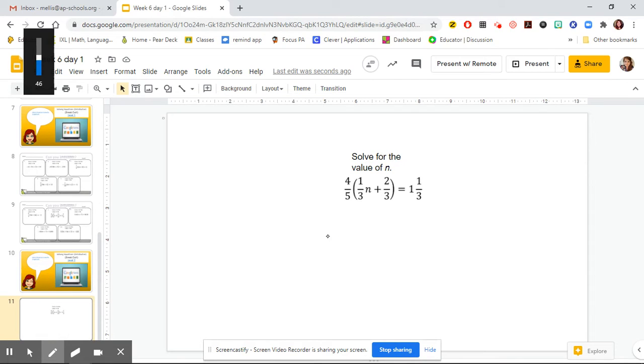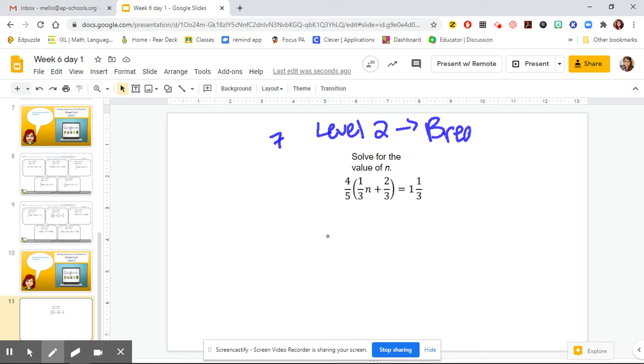All right, if we look at number 7 for the level 2 breakout, we see an equation here with fractions. It's having us distribute a fraction. So I can distribute or I can divide. So if I distribute,